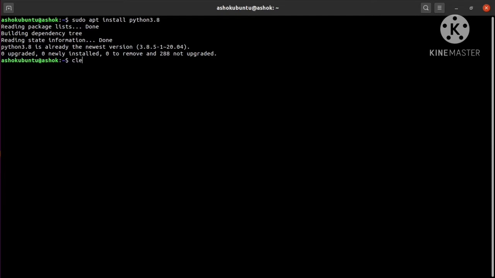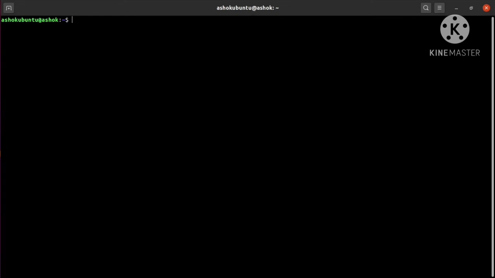Next, for creating a virtual environment, we need to install a package named virtualenv. For installing that, use sudo pip3 install virtualenv. Sudo means we are giving root permission to install this package, and pip3 means using the Python 3 version.